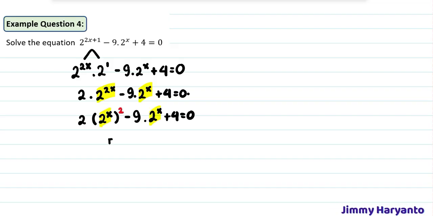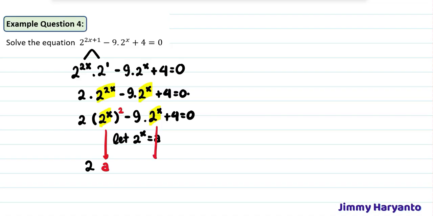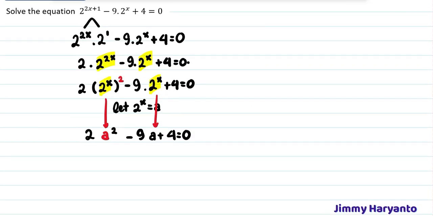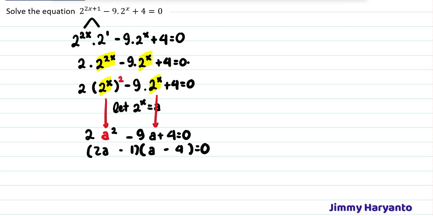And because the 2 to the power of x is the same, that means you can let the 2 to the power of x be a, like that. So you'll have 2. This one is a right now, and this one also a later. So a, we still have square right there. So a square minus 9a and then plus 4 equals 0. So the idea is to solve this using quadratics. After this, you have to factorize. This one is 2a, this one is a, this one is 4, this one is 1, minus, a equals half, and then a equals 4.